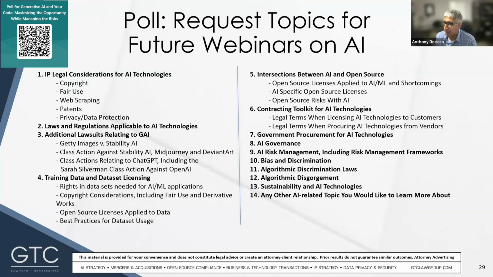There's also interesting concepts around contracting. So your agreements, when you're licensing AI tech to customers, and also when you're licensing AI technologies from vendors into your organization. If you're doing government contracting, there's a bunch around just the government procurement regs that we can talk about. There's issues around AI governance and board reporting, AI risk management, including the risk management frameworks, bias and discrimination, like we talked about.